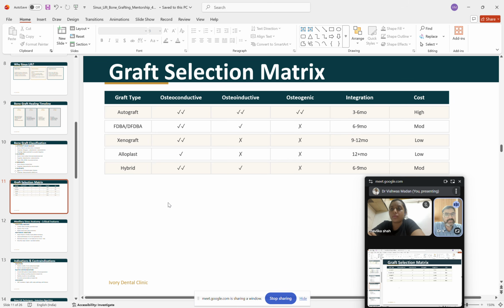So what do we do in a bone marrow transplant? We are actually putting someone else's cells in here — someone else's living person's cells into another, that is an autograft, sorry, that is an allograft. It is from some other person, but that person is living, and they are injecting into the bone. Here we are not using living bone, it's dead bone, so it doesn't have living cells, so osteogenic property is not there at all. Okay, that is very good